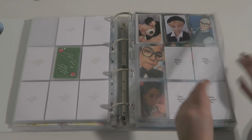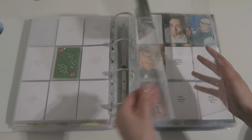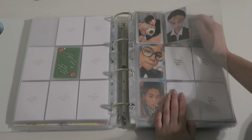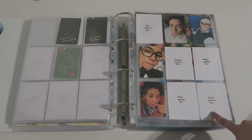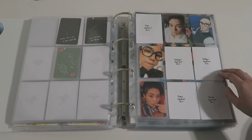And then this is for Universe. I have 2 pockets for this, so I've actually prepared. I've just not put the sleeves on. So I have Xiaomin and Suho's. And then for Hey Mama, not adding anything to this, but for Blooming Day, I don't know how I'm